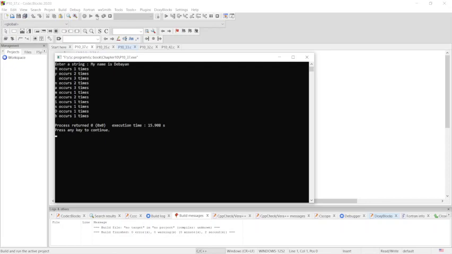N occurs 1 time, 2 times, right? Sorry, missing the space. This one is a space, that means space occurs 3 times and n occurs 2 times. That means that will give you the frequency of the characters, right? Space is also taken as a character, so your program will count like that. So if we are giving an input like that, your program will give you the frequency of each character in